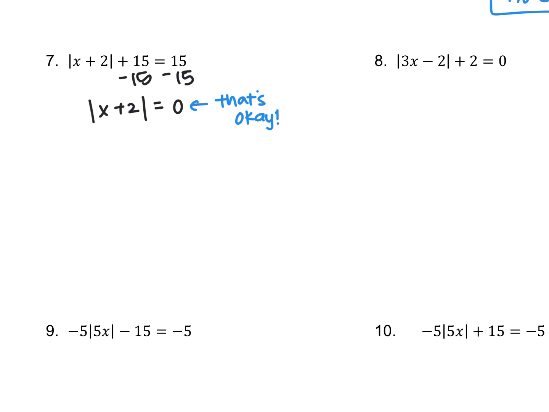But how do you make that? With it being 0, there is no positive or negative 0. So we just have one equation that's x plus 2 equals 0. And then we just solve. So subtract 2, x equals negative 2. And you don't change it to like have another